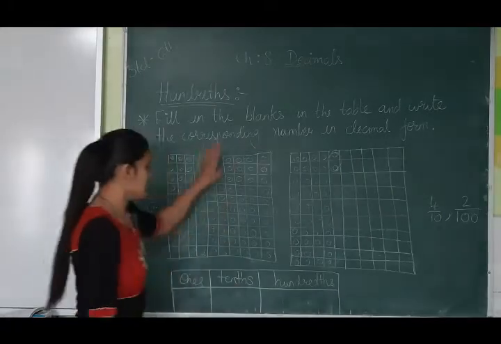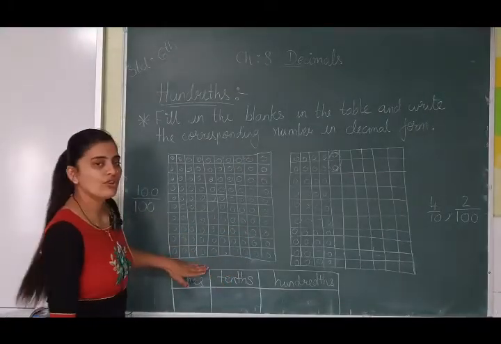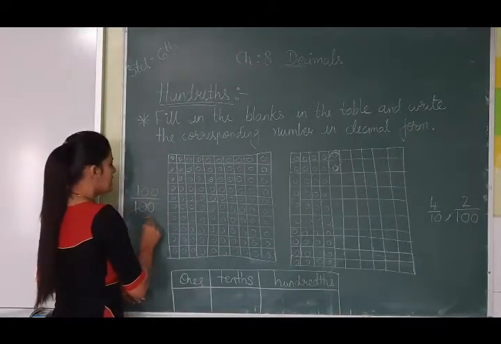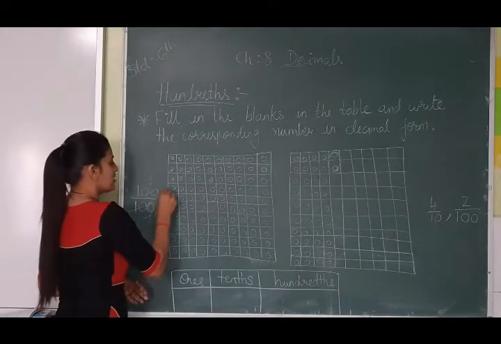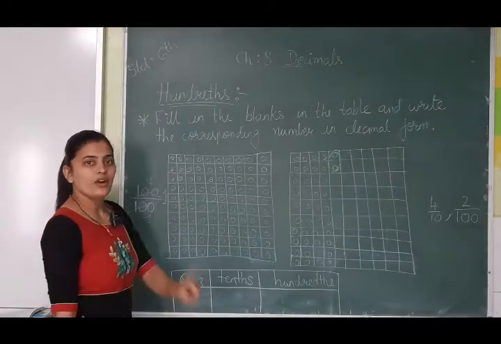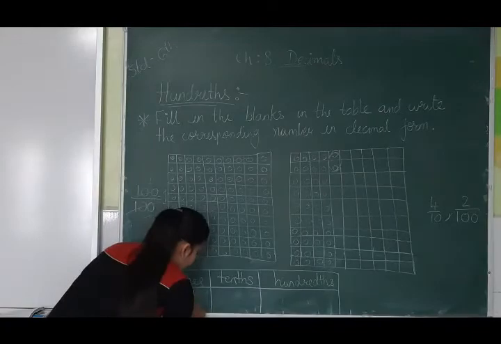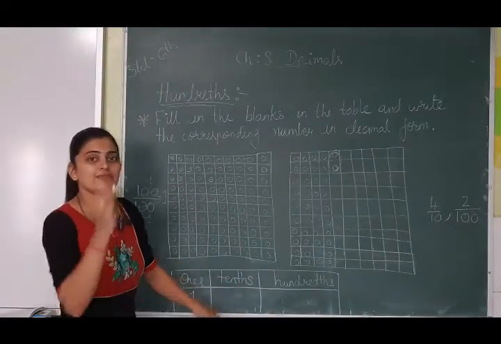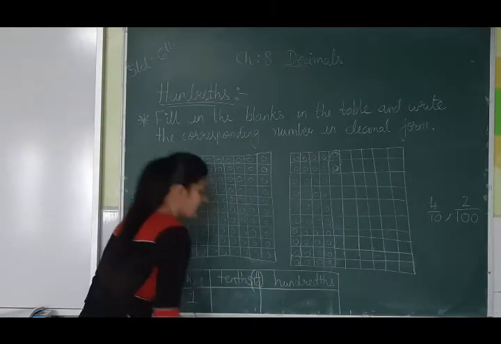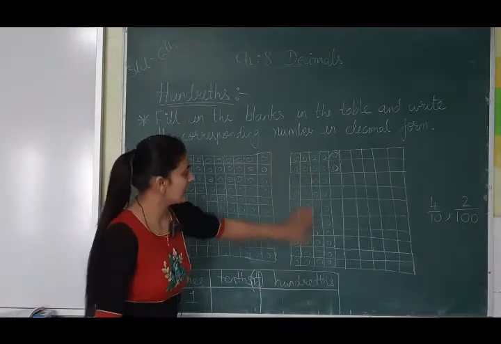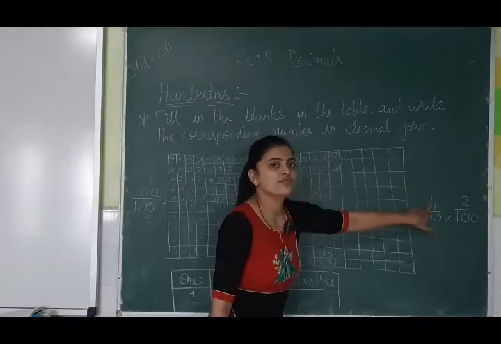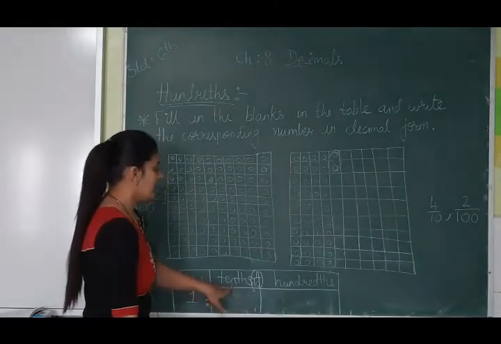Now here you can see in the first block, out of 100, all 100 are filled up. So 100 ones are 100. So the answer will be 1 over here. So at the ones place what will you write down? 1. Now tens. Tens means 1 by 10. Here you can see 10 blocks. How many 10 blocks? 4 tens blocks are there. So this 4 we will write down over here where it is tens.